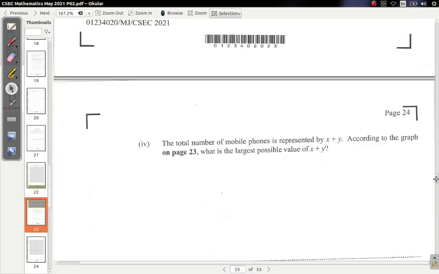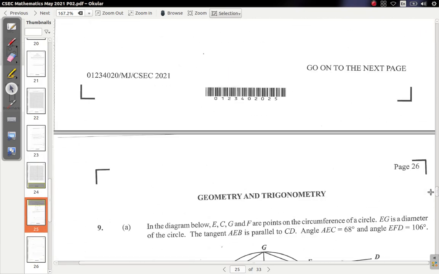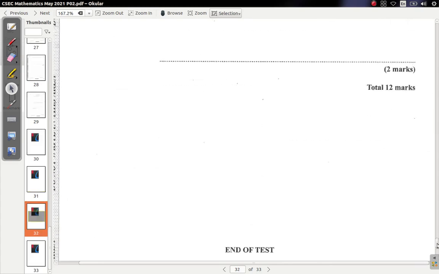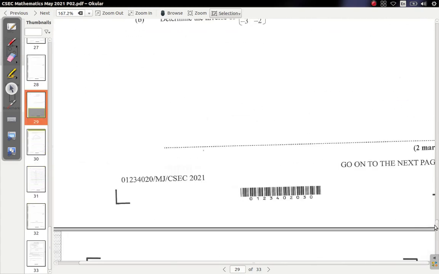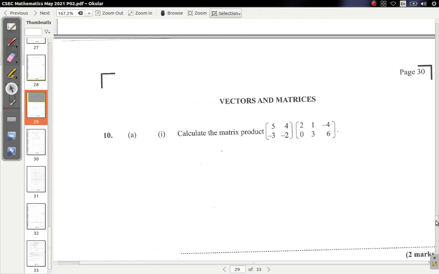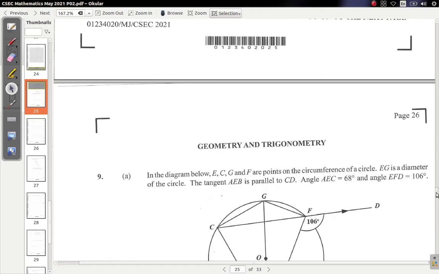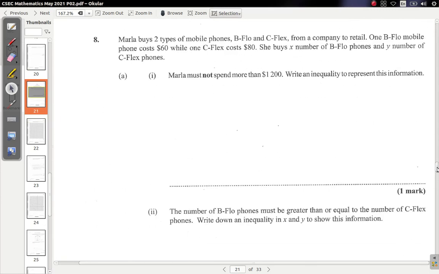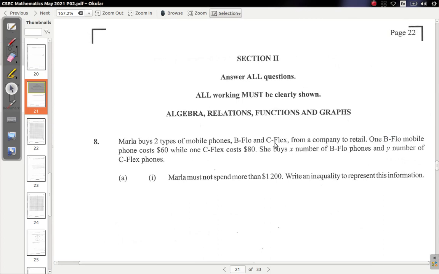Just to see, I'll go on further down here. Question 9, geometry and trigonometry. Question 10, vectors and matrices. So you will see from question 8 onwards, as we go on, the questions get harder and harder, and you have to do more work for the same marks. But anyway,